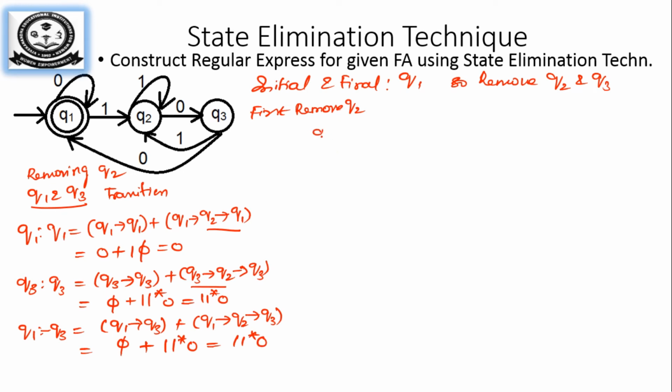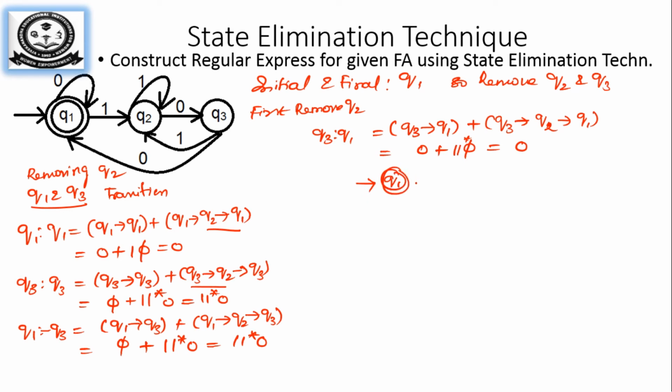So next one is between Q3 to Q1. Okay, so I will write Q3 to Q1. Do you have a direct transition? Then through Q2 can I reach Q1? Can I reach Q1? So we'll check the answer. So Q3 to Q2 you have a direct transition for input 0. Then Q3 to Q1 you have 1 over here. Then Q2 to Q1 I don't have any transition, so it will be empty, so we will have only 0 as the answer.